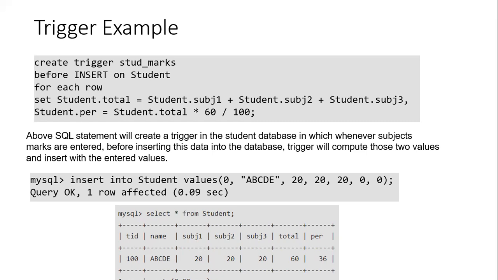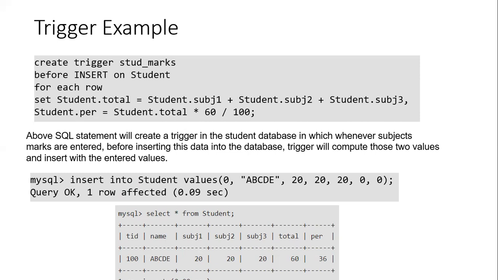Similarly, student.percentage will be calculated. Here student.percentage equals student.total times 60 by 100.